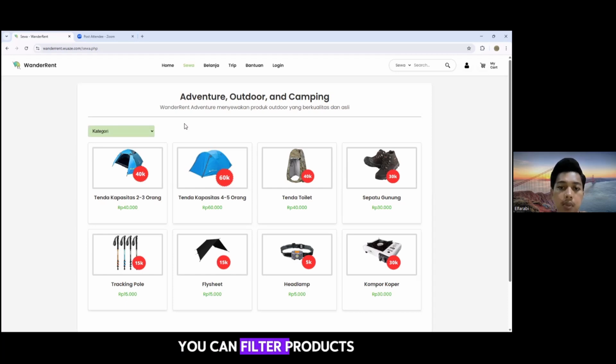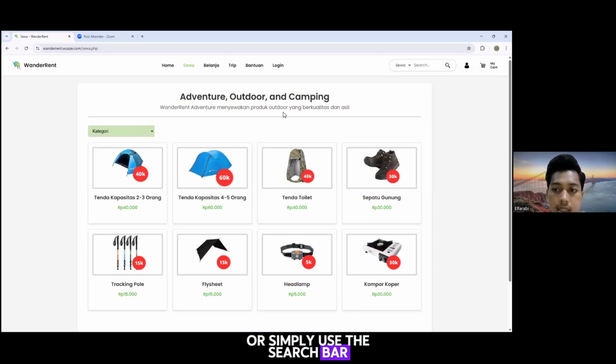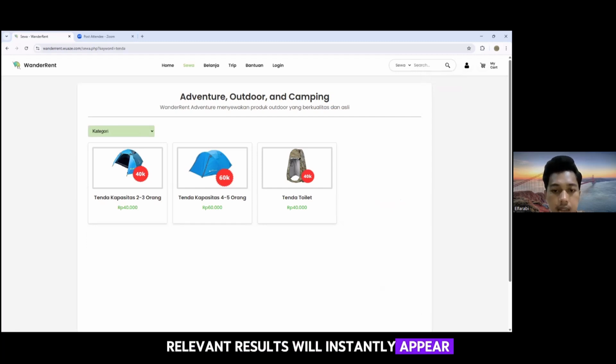We can filter products by category or simply use the search bar. Just type in the item name, for example tent. Relevant results will instantly appear.